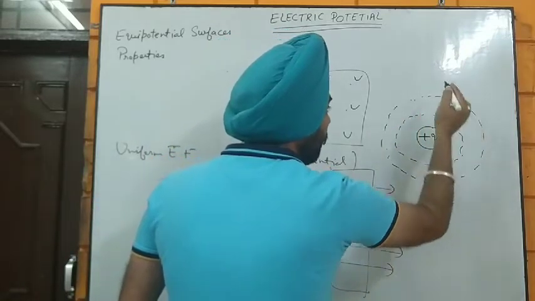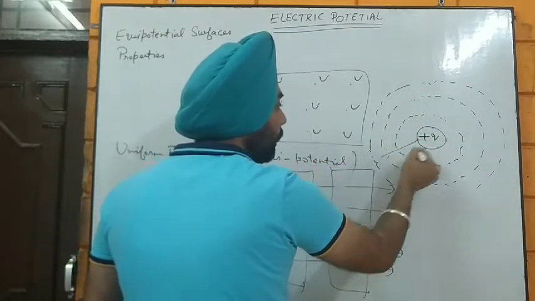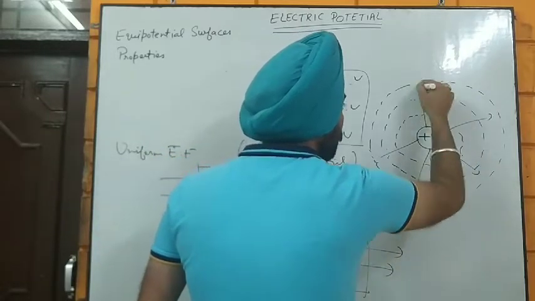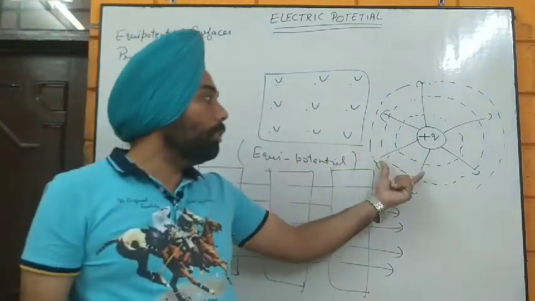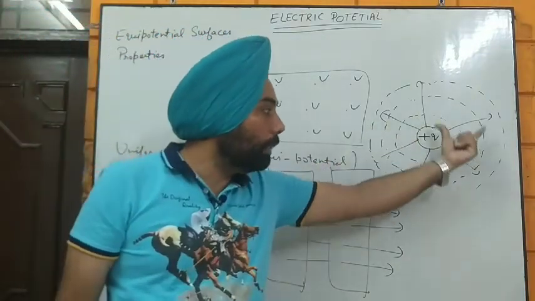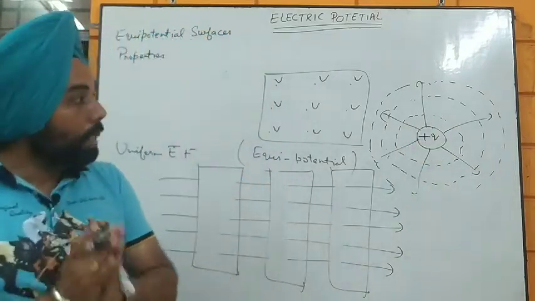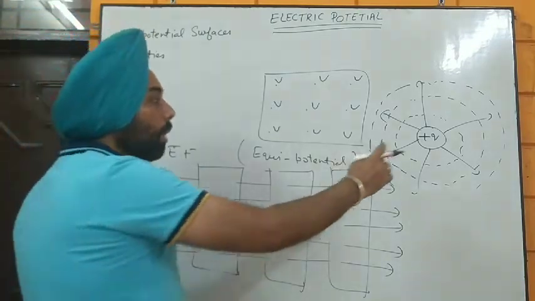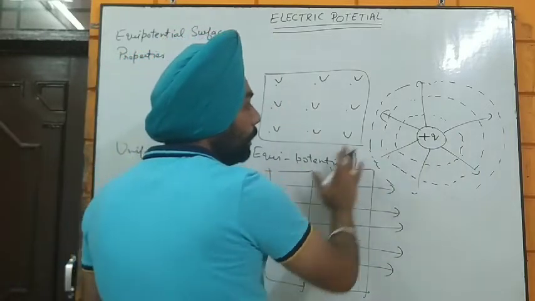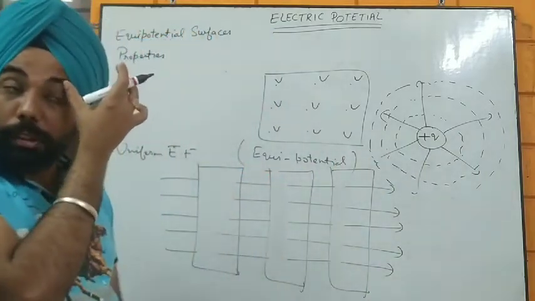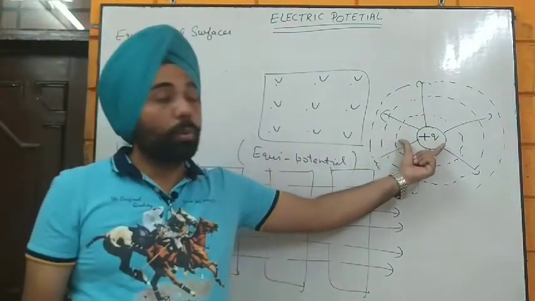So just like a source charge, it is generating a field. Now the potential is just going to be like that. So electric potential from a source charge, we can show it by this diagram. Electric potential is always going to be concentric circles having a common center at the source charge. So these are the two descriptions of equipotential surfaces. One is for a uniform electric field and the other is for any source charge.